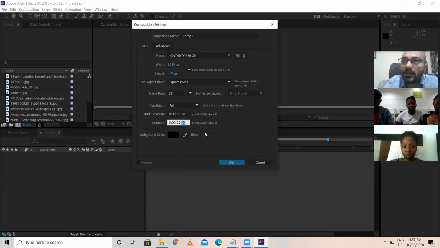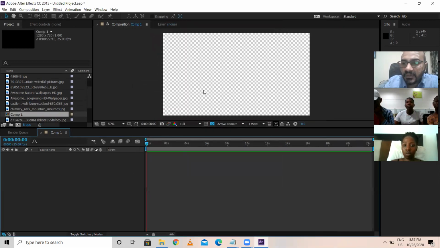At any point of time, now let's say 22 seconds is there, after I started working on it, if I want to increase my composition duration, we can do that. Give okay. Now this is a transparent background which you are able to see. That means there's nothing. Now the composition is empty.